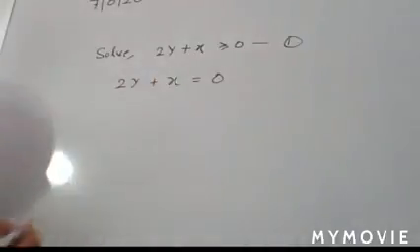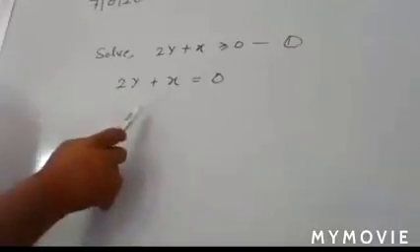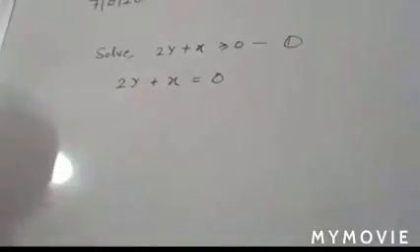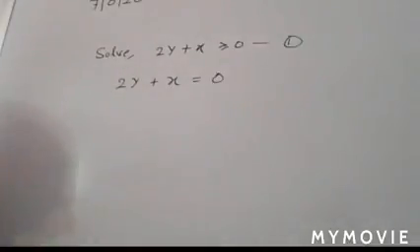You have 0 is equal to 0, means this line is passing through the origin. So the solution of such type of inequality is quite different. Understand? And you can plot the graph of this type of inequality with the concept of class 10, which you already know. Understand? So sometimes such type of situations occurs.